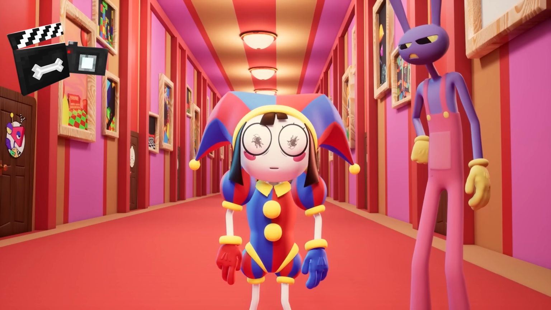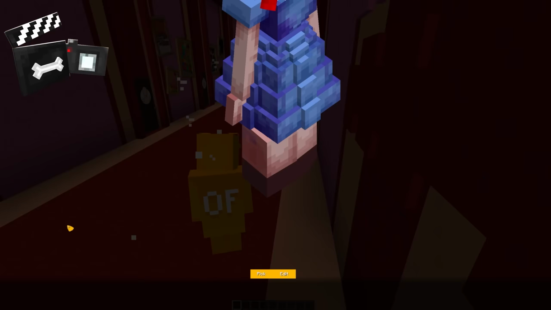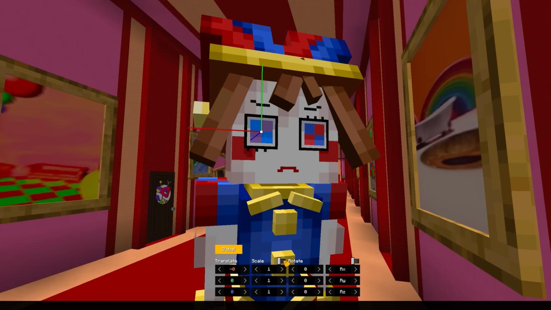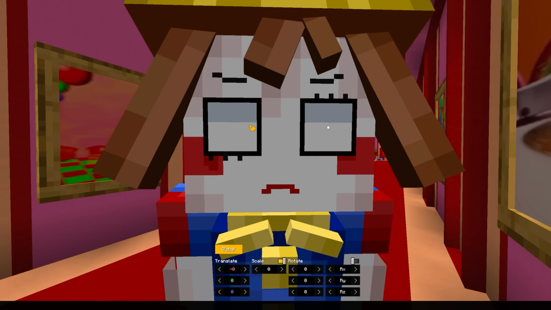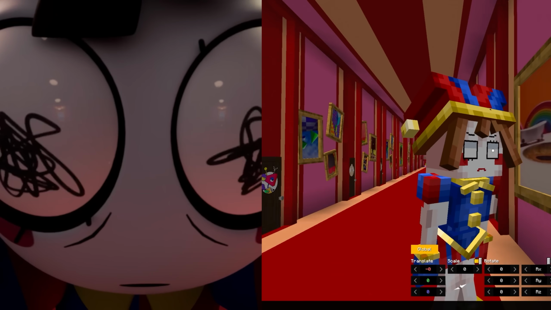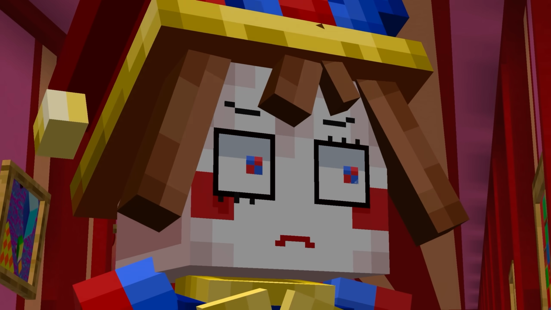I did the recording with the other characters as well. Now that I've recorded, one thing I need to do with Pomni is remove her eyes. As in the original drawing, she has those streaks for eyes. Like, bring the camera close to her, and she looks all frightened, just like the example I'm showing you. So, I removed her eyes. No, but they are still there. They are tiny. Wait a minute. Now she's without eyes. Much better.